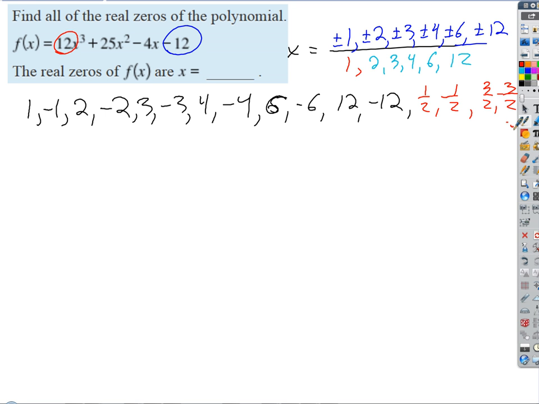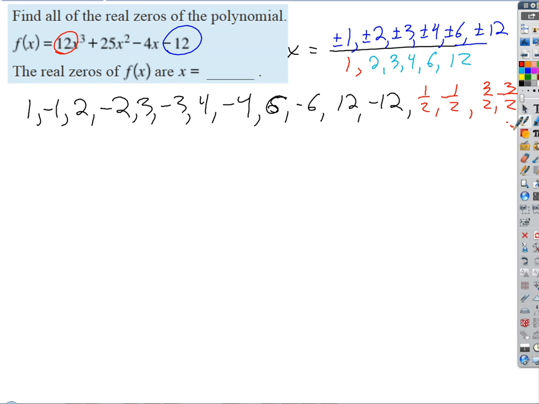3/2, -3/2, etc. But we're not going to get there. You'll never get that far. It'll always be something that you'll get pretty quickly. I'm not going to do that to you where you have to work your way down a huge list like that, right? You get the idea though? We've got this list, and we're just going to try these one at a time until we get one that